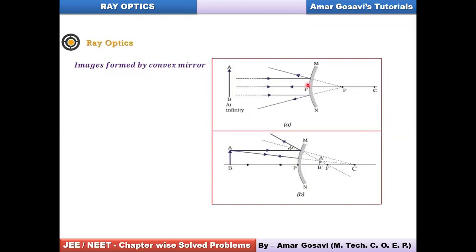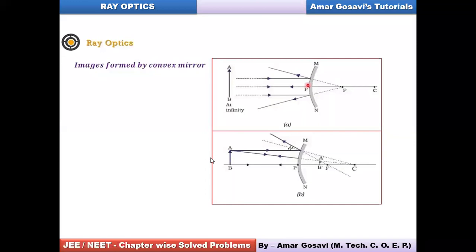The second thing, if you observe, the object is not at infinity over here, then which rays are important for the formation of image? So let's understand that. The first ray will go parallel to the principal axis. You can observe this. And from that, it will get reflected. It will appear to diverge from focus. So extend it backwards. So this is how you draw the first ray. The second ray will directly pass undeviated to the center of curvature, which lies here in case of convex mirror.